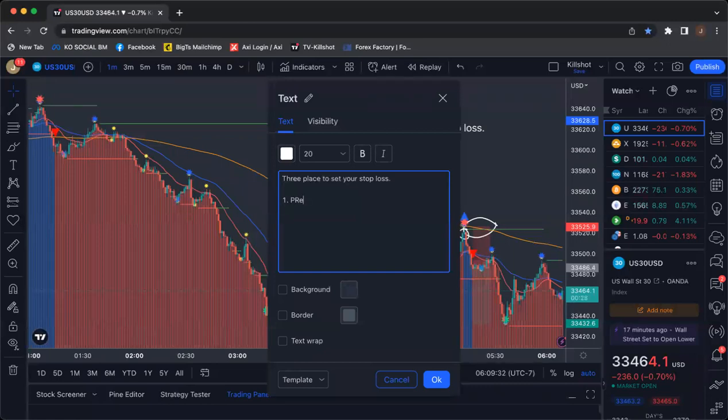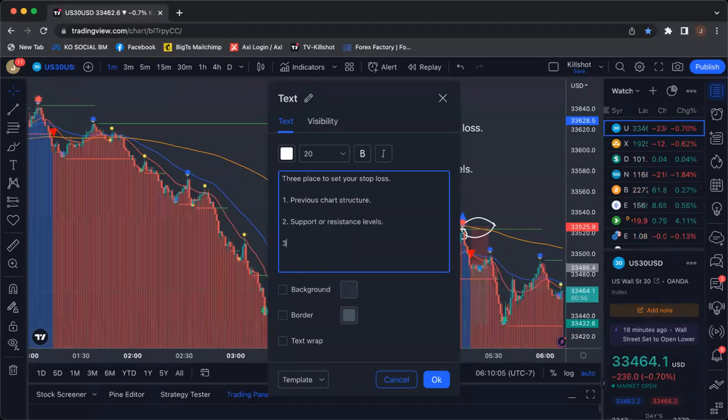One, previous chart structure. Two, support or resistance levels. Three,